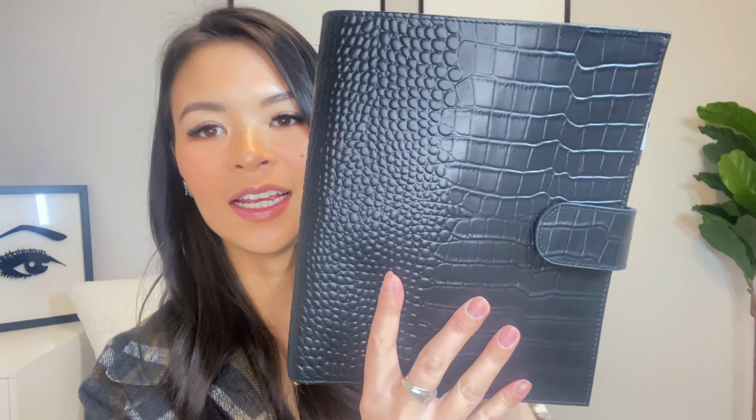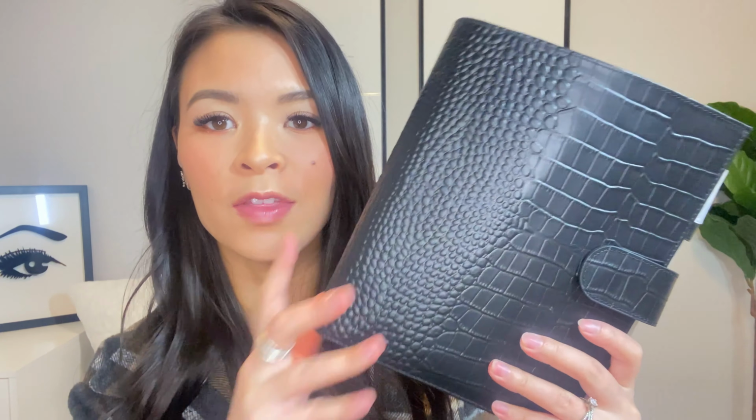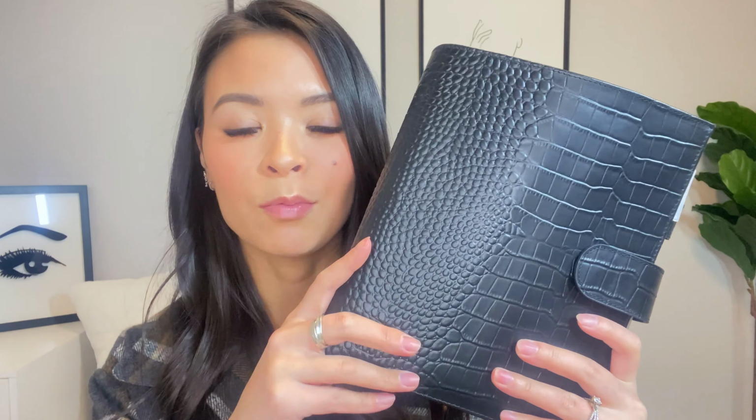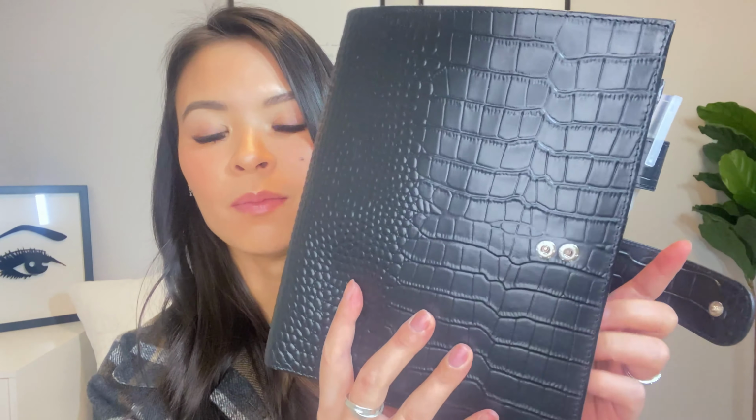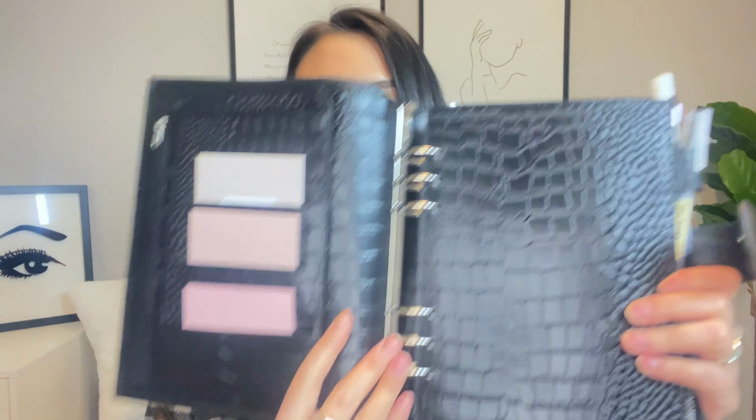So here it is. This is my Moterm planner. If you haven't seen my unboxing video of this, I will have it linked somewhere above right now. And if we open her up, she is already quite full already. I have her in here,